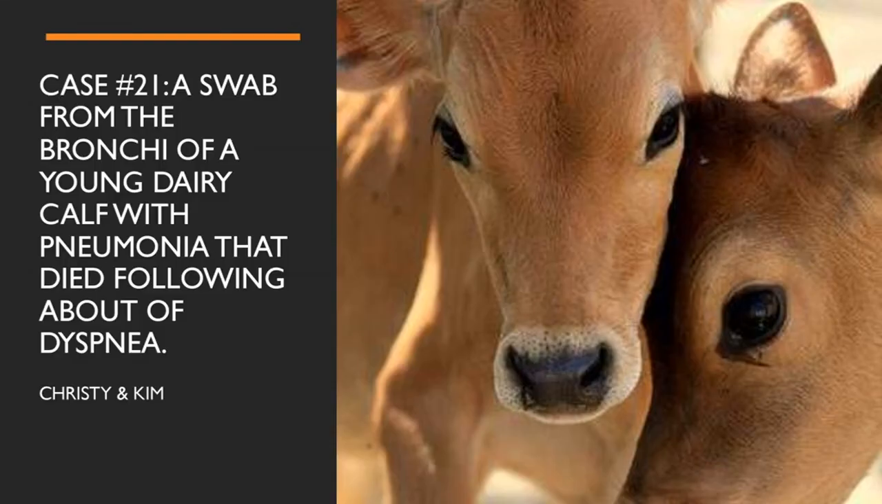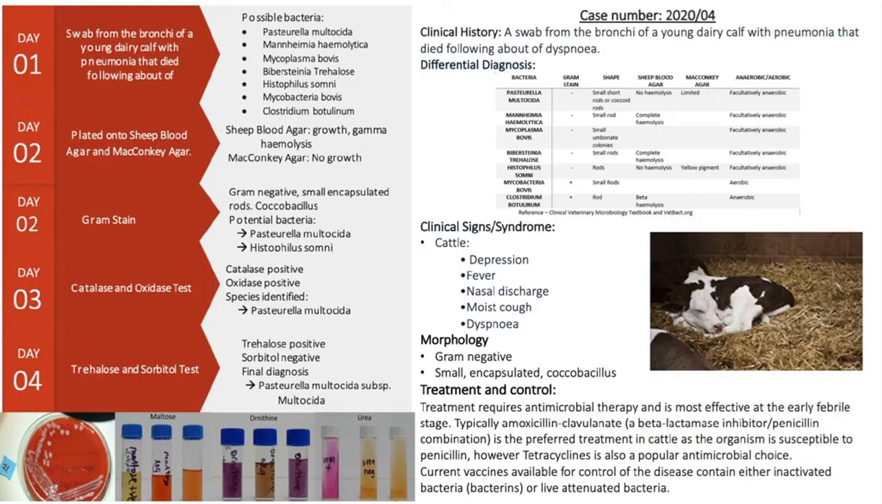Case number 21 of Group 4 was given to Kimberley, Landis and Christy Lang to investigate. Clinical history: a swab from the bronchi of a young dairy calf with pneumonia that died following a bout of dyspnea. To begin our investigation, Kimberley and I put together a list of potential causative agents that are responsible for bacterial pneumonia. The differential diagnosis list includes